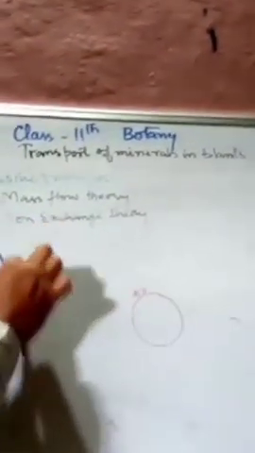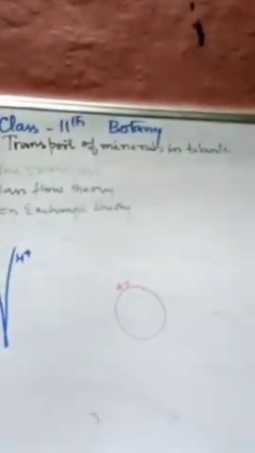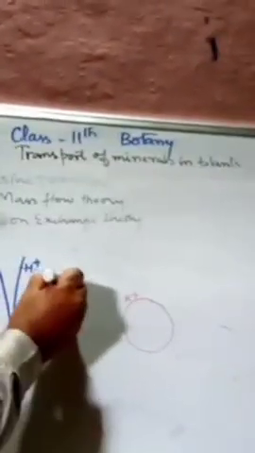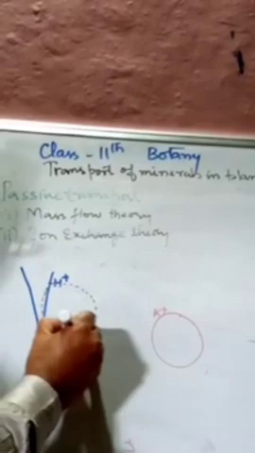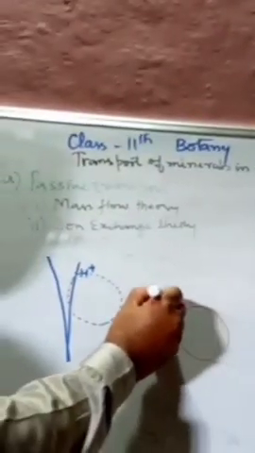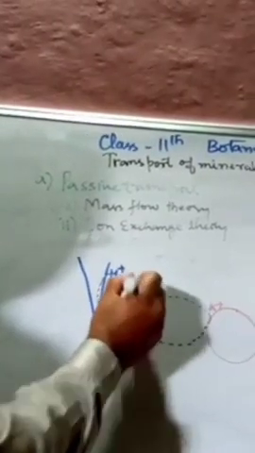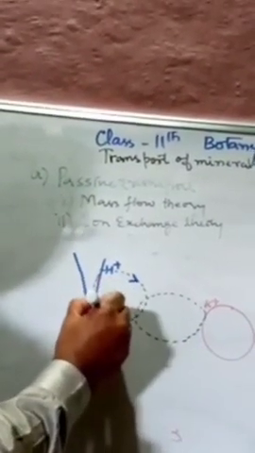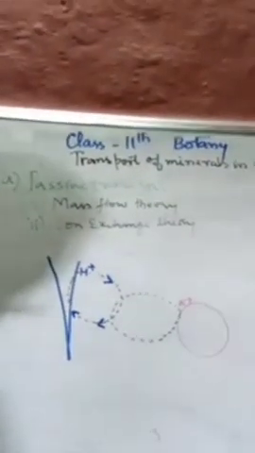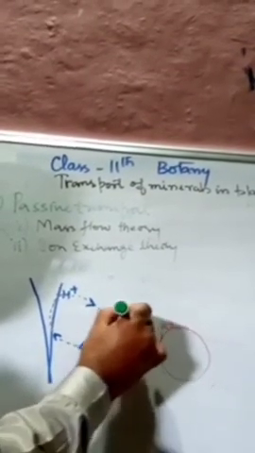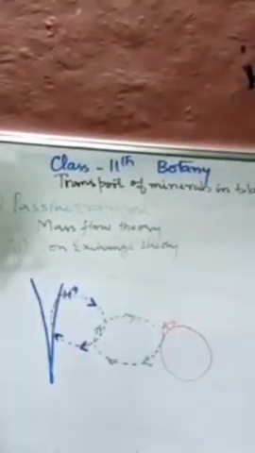It has been believed and it has been found by the scientists that these ions are always in oscillation. That means they are moving in oscillation like this. And these potassium ions are always in oscillation like this. So this blue arrow that I drew is the path of the hydrogen ions, and this green mark that I made is the path of the potassium ions.